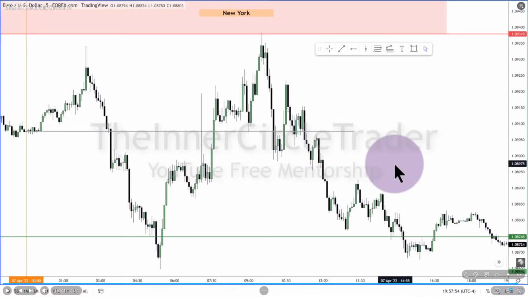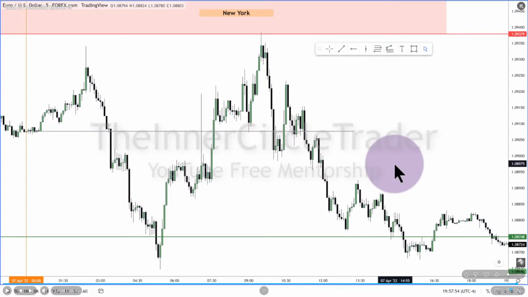Then we have another displacement from here to here. What happens? Price comes up to it. And what does price do? Bam, drops. And not only does it drop, it creates another fair value gap. One here, and then you also have one here. Price comes into it, stop loss is somewhere up here, drops. Bam. Okay, another displacement, price comes back to it. From here to here, we have a fair value gap. Price comes up to it, stop loss above here, bam. Drops. There's another fair value gap here. Price comes up to it. Bam. It's the same thing over and over again.